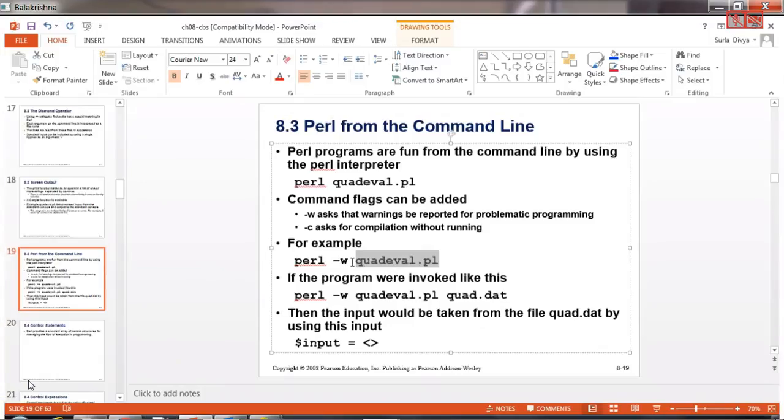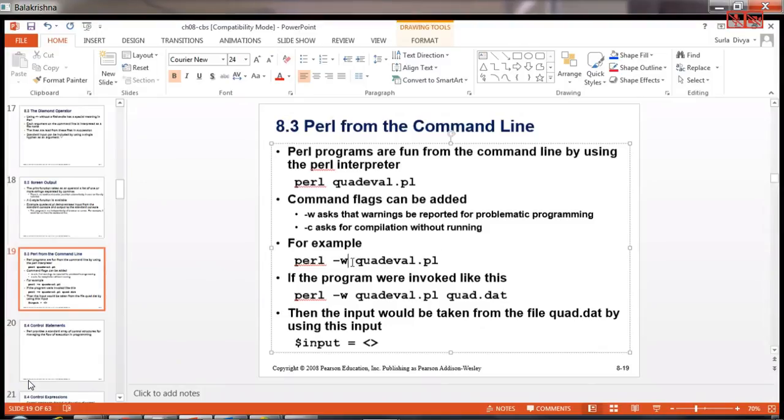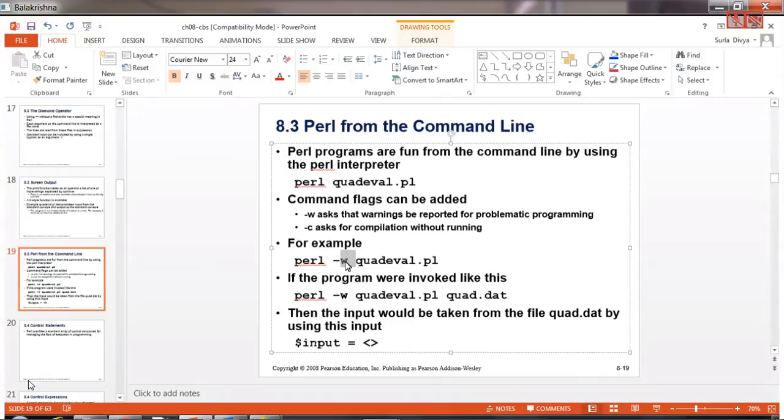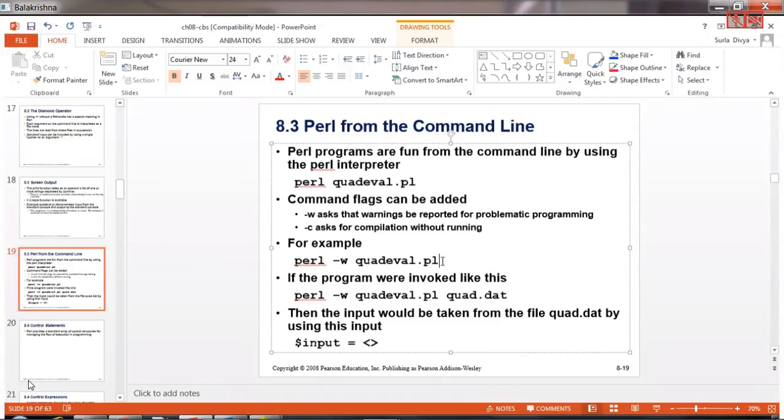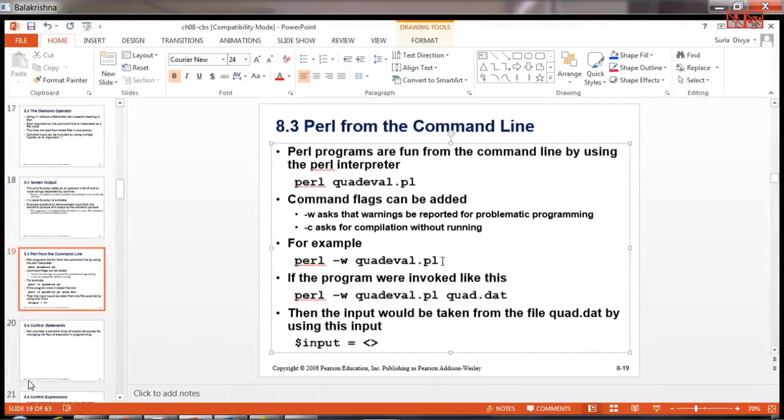If you are not using -w, the interpreter will ignore that and run your program. Maybe the warnings are not so important at that point of time, but that warning can lead to an error if you are writing a complicated program or a series of programs all compiled into a single project. So that's where warnings are also important to handle. How do you get to know if there are any warnings or not? Using -w.